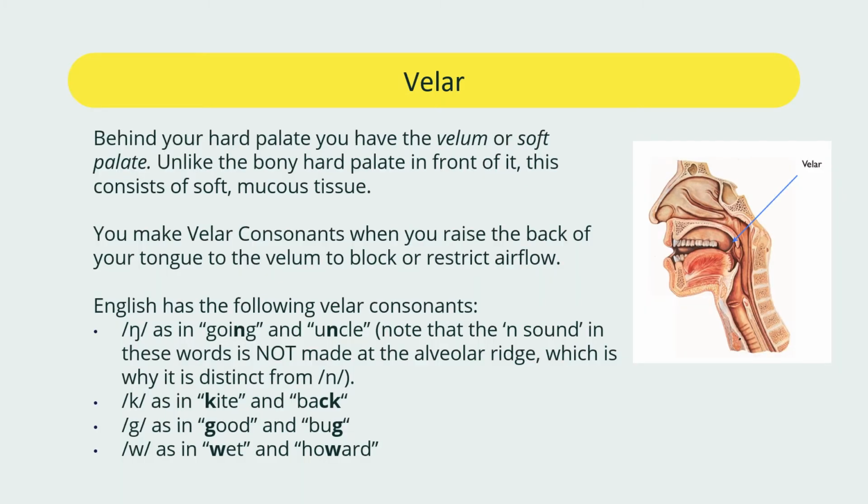Now, velar. Behind your hard palate you have the velum, or it is called the soft palate. Unlike the bony hard palate in front of it, this consists of soft mucous tissue. You make velar consonants when you raise the back of your tongue to the velum to block or restrict airflow. English has the following velar consonants: